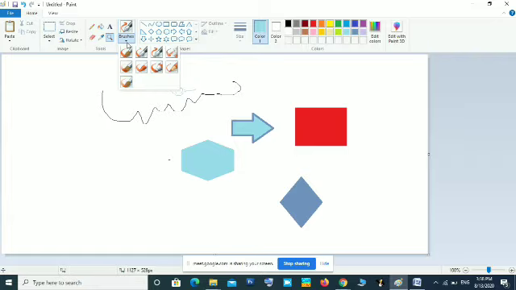So in the brush tool you can see so many brushes. First one, that is the standard brush. After that two calligraphic brushes you can see. This is a special type of brush, calligraphic brushes. And after that you can see the airbrush. Airbrush is just like spray paint, spraying the paint. And below that you can see some more brushes.